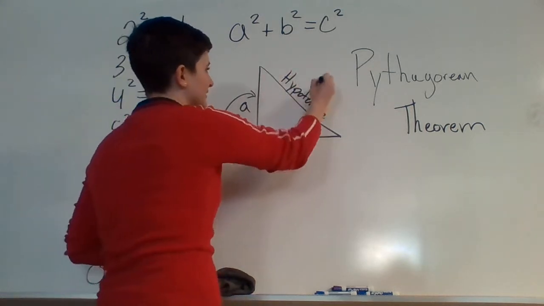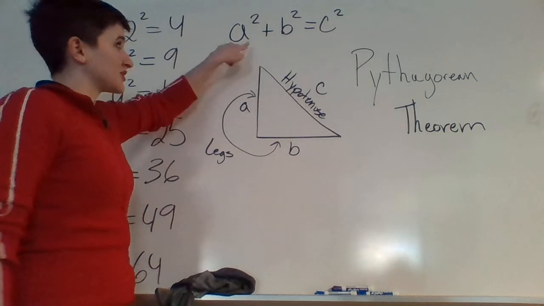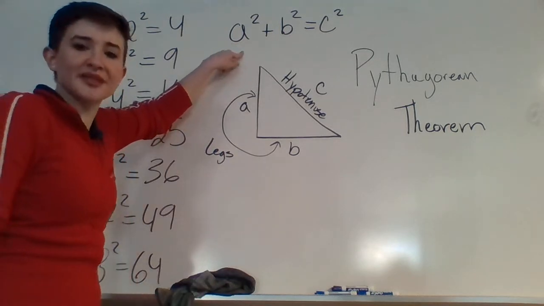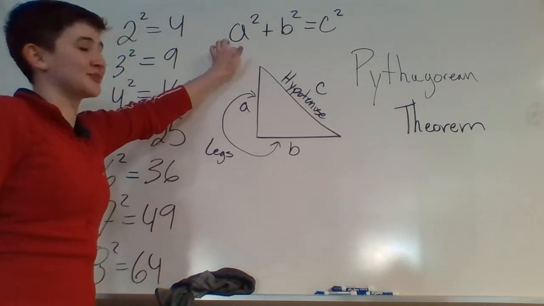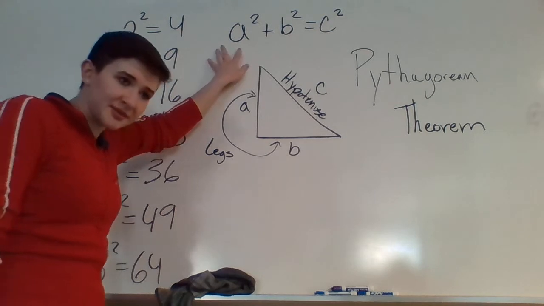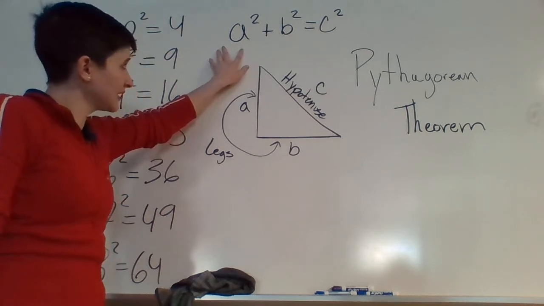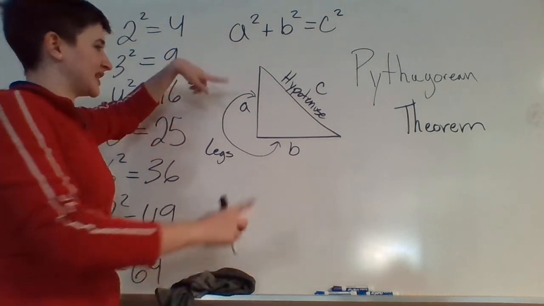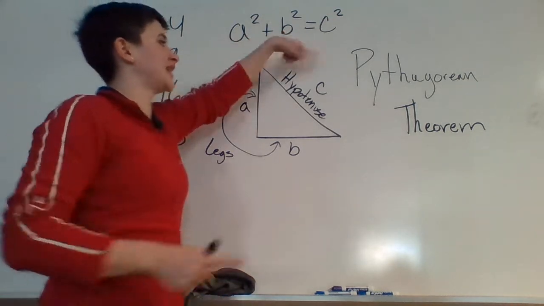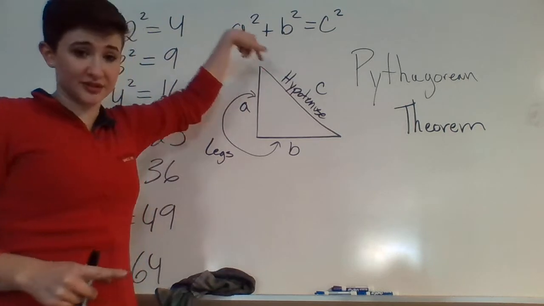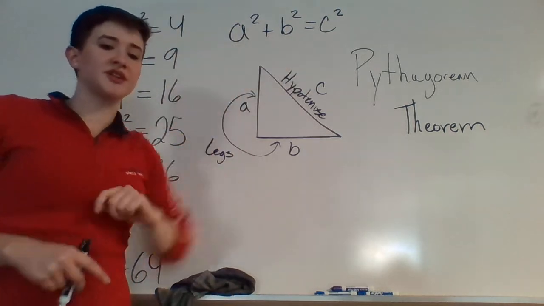So this one is C. And that's what this equation describes. Probably should have led with that one. A squared plus B squared equals C squared is the theorem and the equation for Pythagorean theorem. What it's going to help you find is if I give you both legs, you can find the length of the hypotenuse. So if you watched two slides earlier,